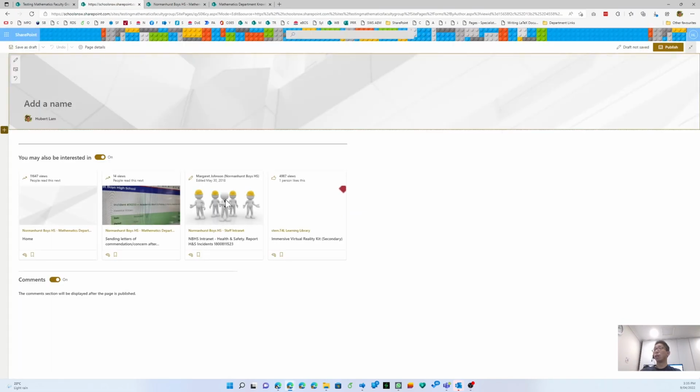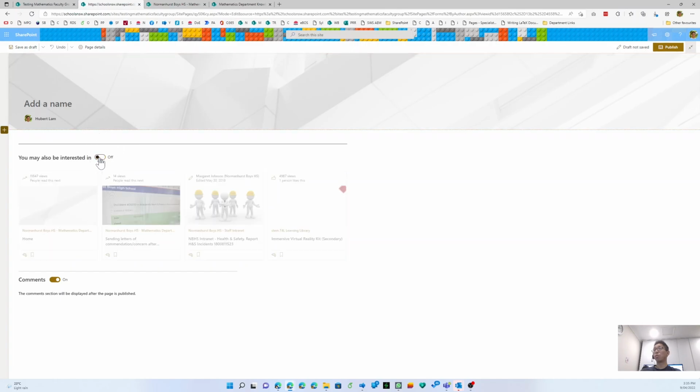and we'll design it so that we can then duplicate this page later and create new pages based on this existing page. So the first thing to do is to switch off the 'You might also be interested in', because it tries to scrape up all sorts of other pages from elsewhere. So we'll turn that off. You can leave the comments on or off depending on whether you want people to leave comments there or not, but let's just call it